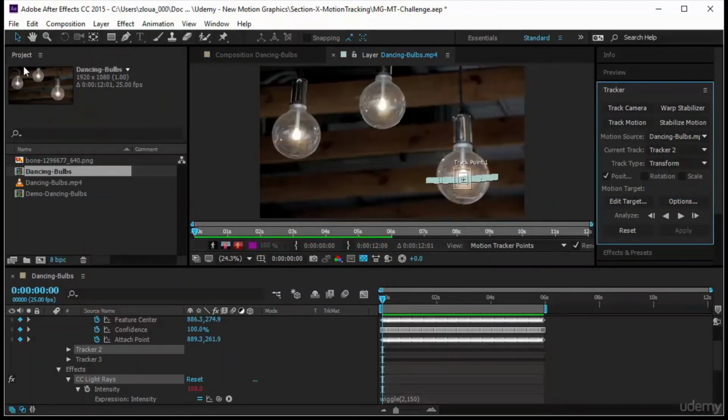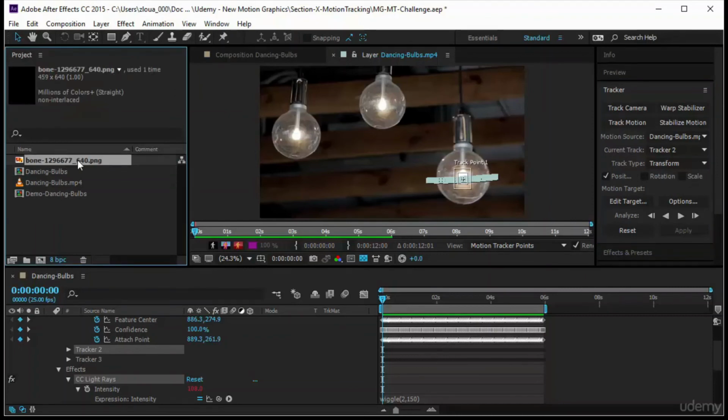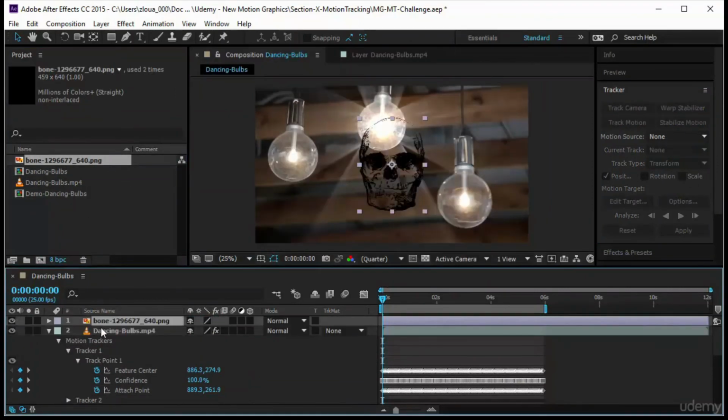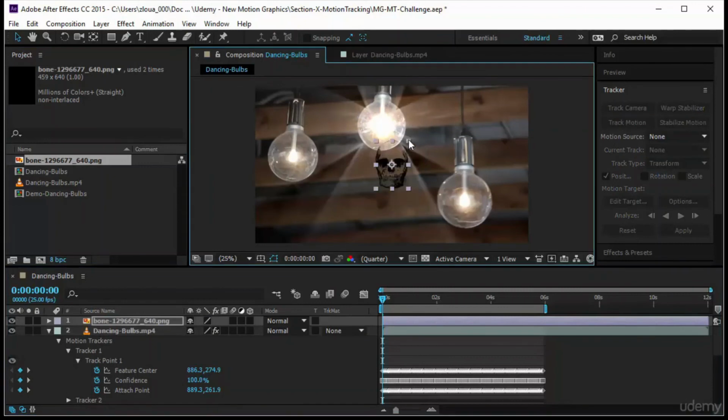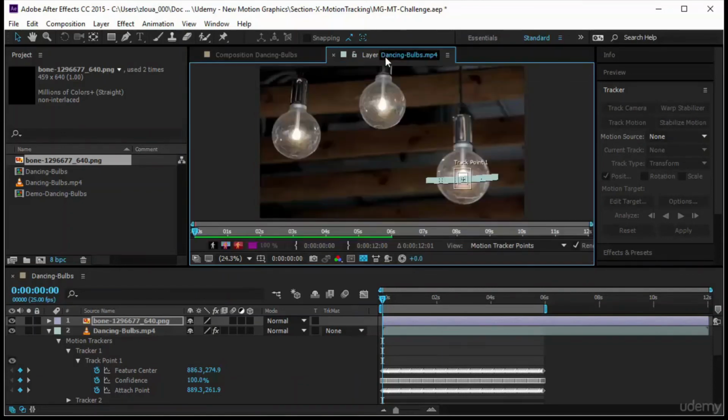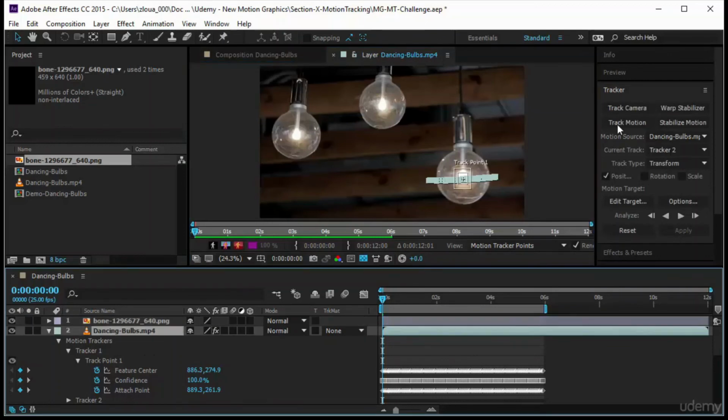Now, first of all, I need to get the skull, that's the bone here. I will drop it inside the composition. It's pretty big. I will make it smaller. Okay, pull over here. That's nice. Nice skull, huh? And then I will come back to my layer panel and choose my layer, of course, and